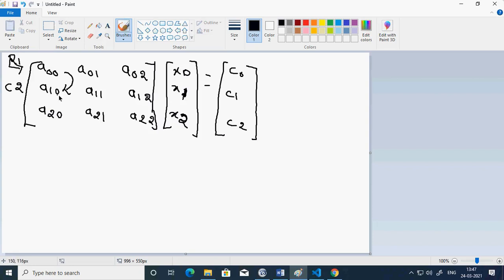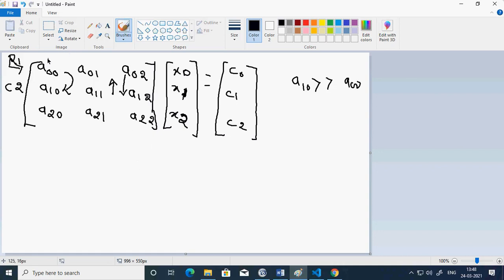If A10 is larger than A00, then we are going to shift this row to the first row, and the first row is going to come down to the second row.